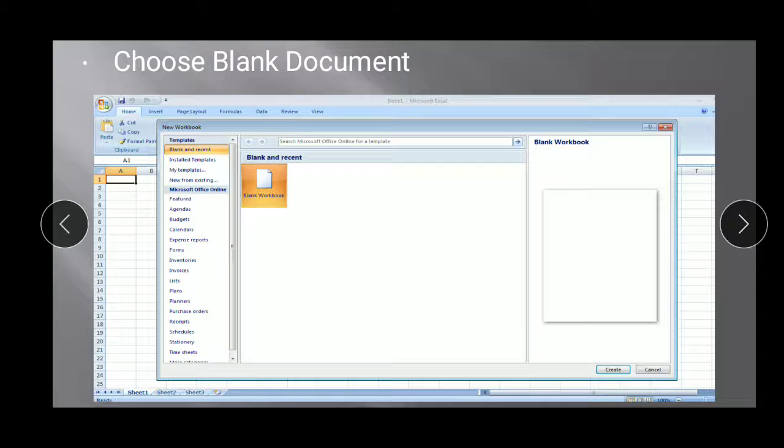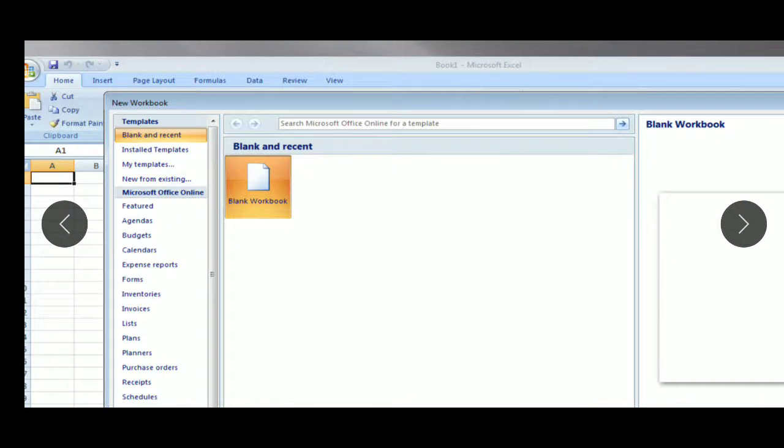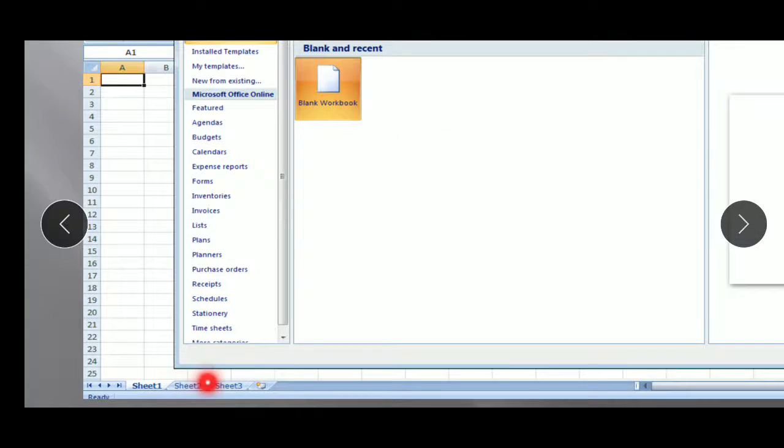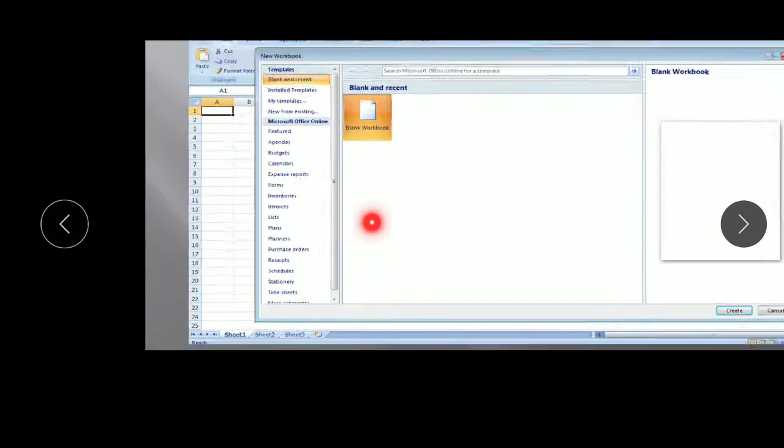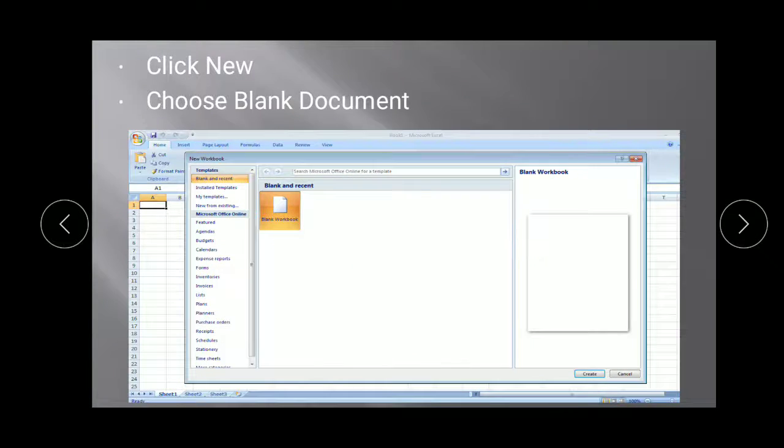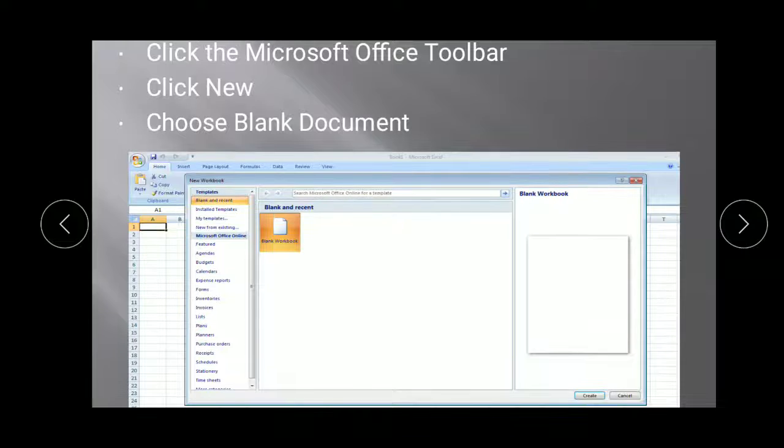You can select. Now here I have one option only, that is blank document, and see here the name of my Excel sheet is Book 1. I have n number of sheets, Sheet 1, 2, 3, and by clicking here I can add more also. So when I click on the blank workbook, I will get this type of plain worksheet, that is Excel sheet.